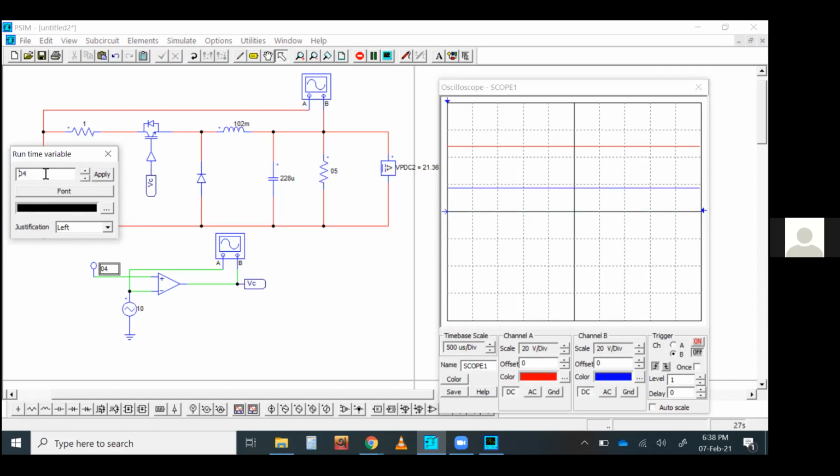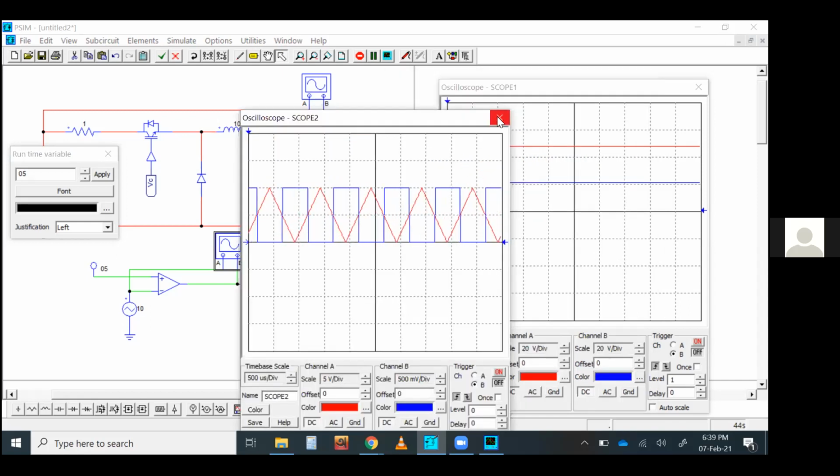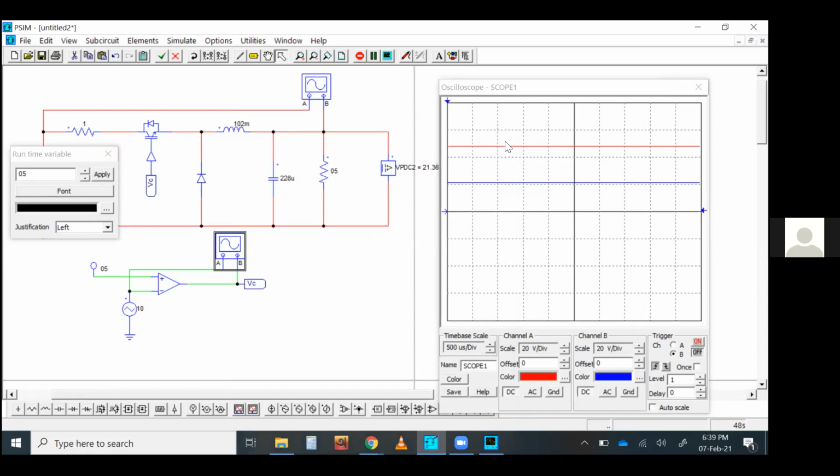If I go below, 4 means 40%, 3 means 30%, 2 means 20%. And we can check the signal. So this is the control signal, quite 50% duty cycle. So that's job half done.